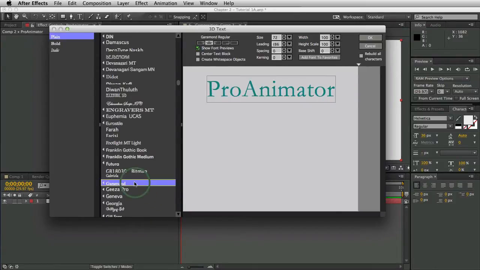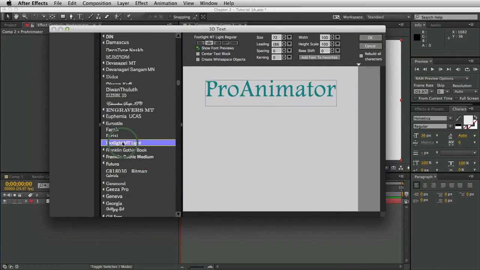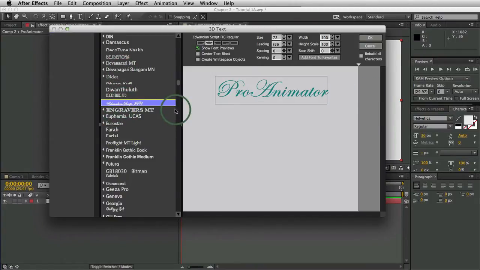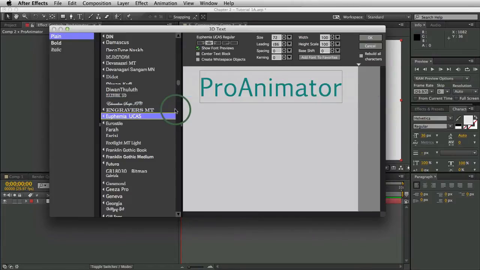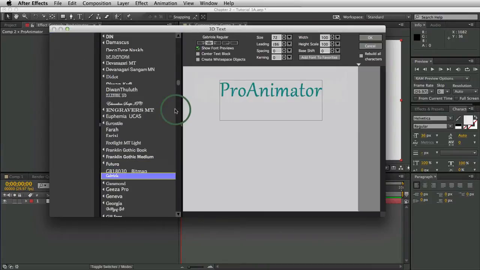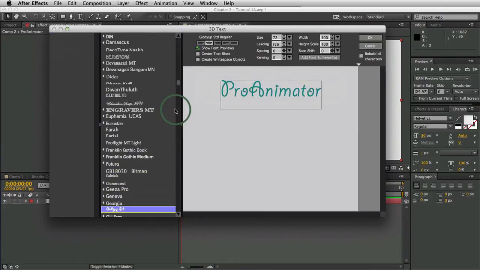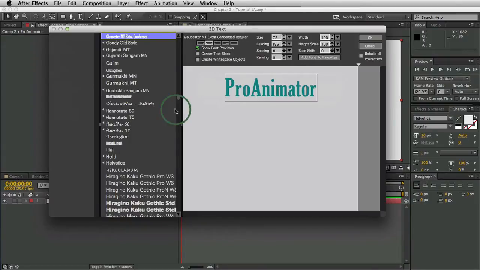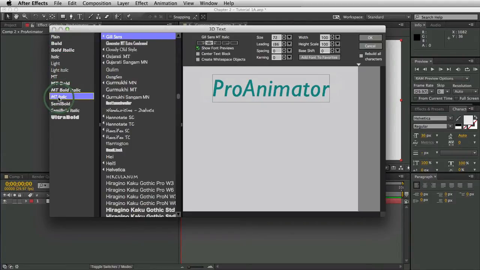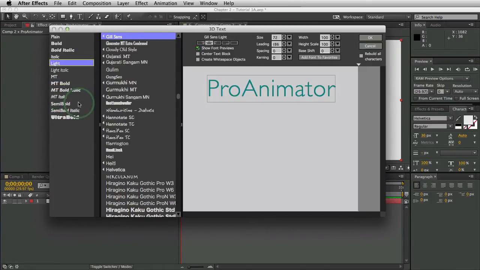And let's see, let's go here. And once you've selected this column over here, you can actually use the up and down arrow keys on your keyboard. So here's the down arrow key, and you see that lets you see what the letters look like in the font that you're working with. Okay, very good. Let's go to Gill Sans, and then you can select the subfamily, the font styles, off of this menu over here. And again, once you've clicked and you see the little yellow box around it, you can use the up and down arrow keys to select the individual items.